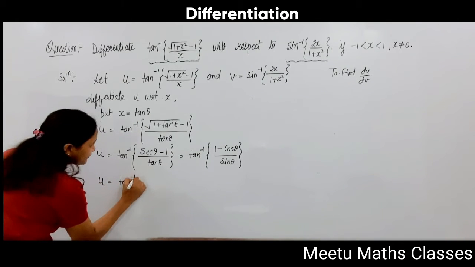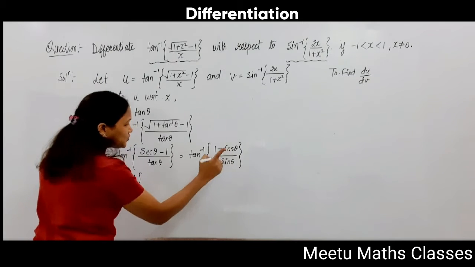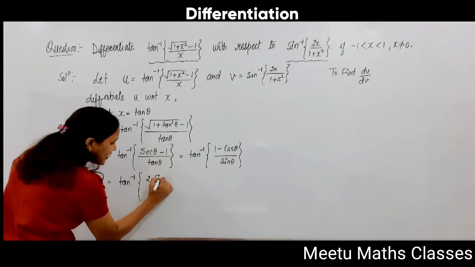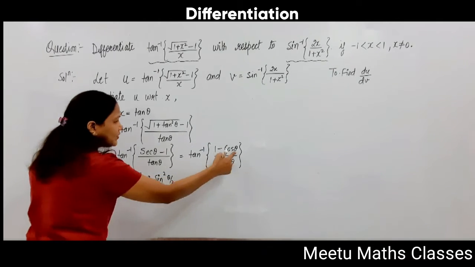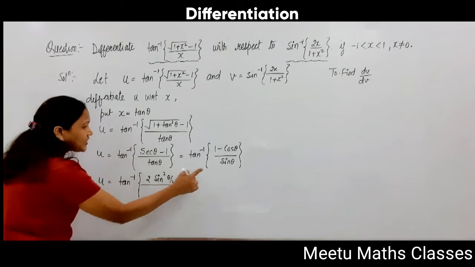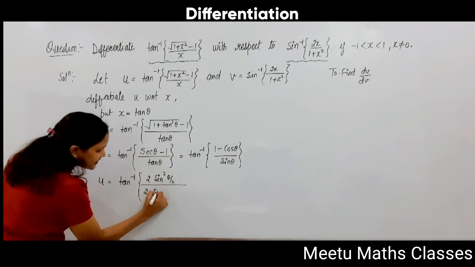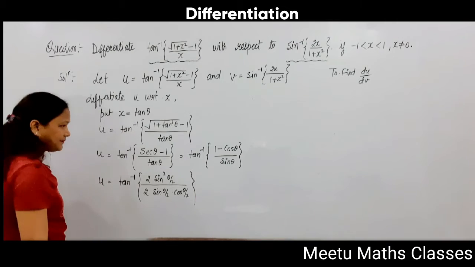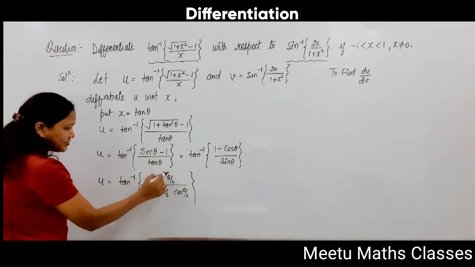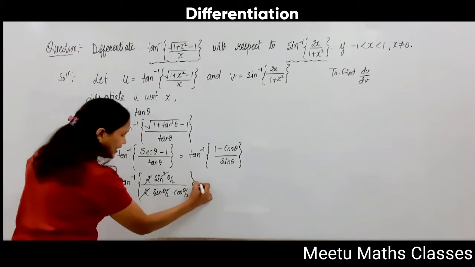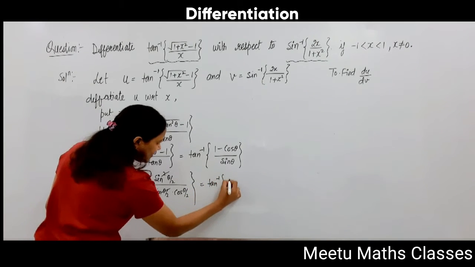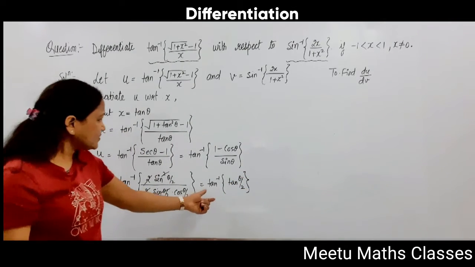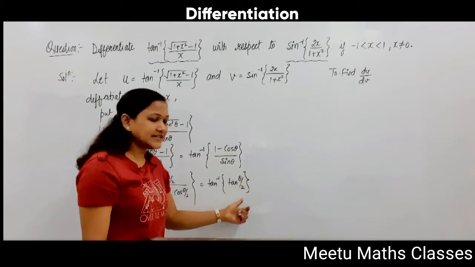The formula for 1 minus cos 2a is 2 sin square a, and here a is theta by 2, and sin theta is 2 sin theta by 2 cos theta by 2. Two will cancel out, one sine will cancel out, and you will get tan inverse of tan theta by 2. Now tan inverse of tan theta by 2 is equal to theta by 2